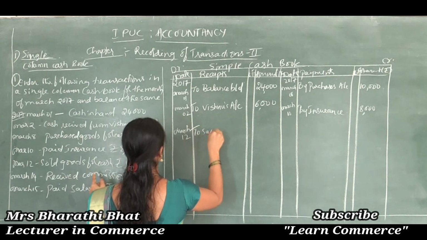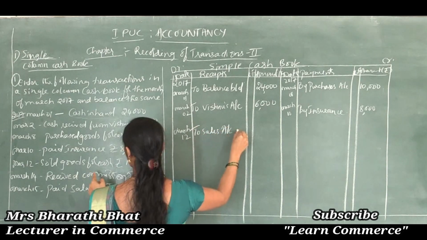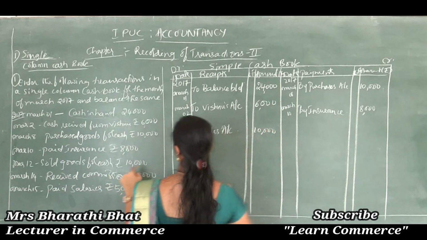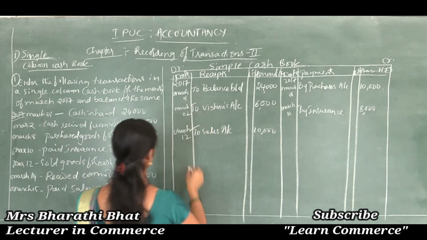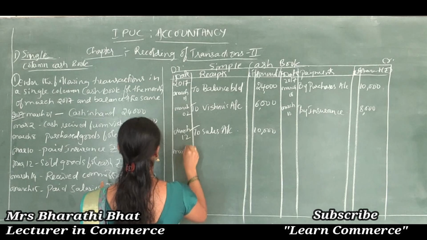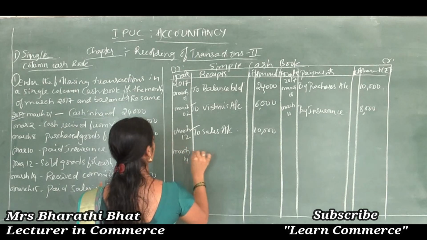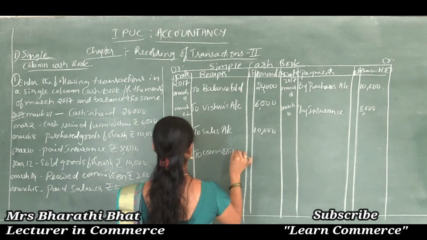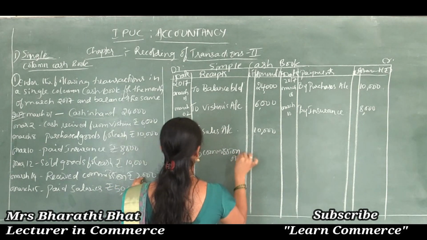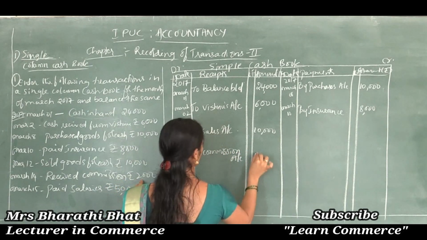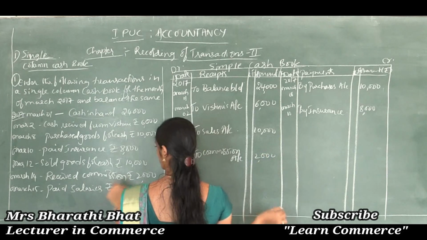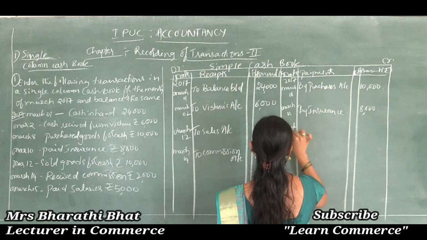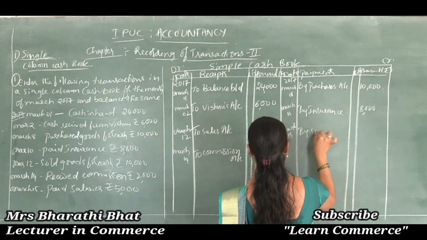So to sales account, rupees 10,000. Received commission, again income for the organization, to commission account rupees 2,000. Paid salary March 15 by salaries